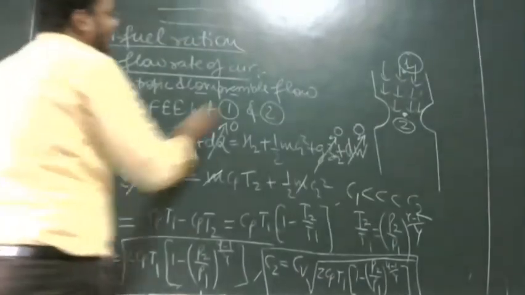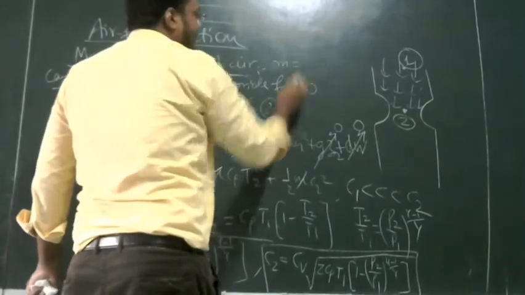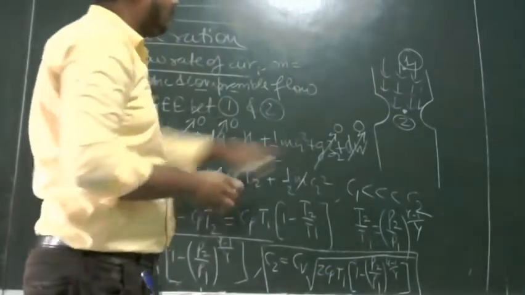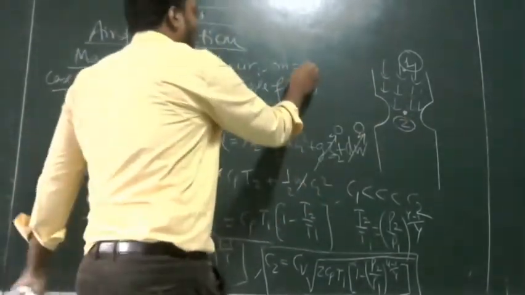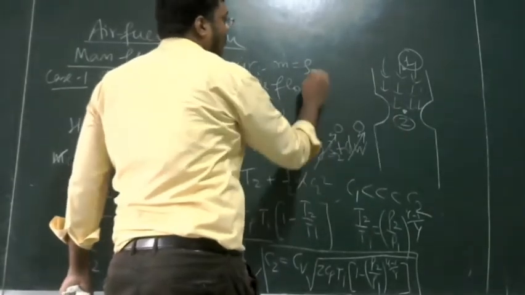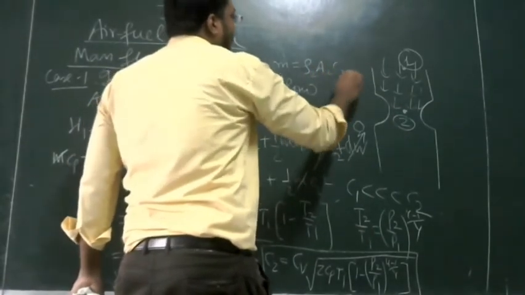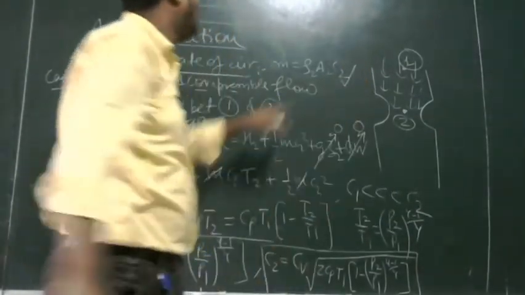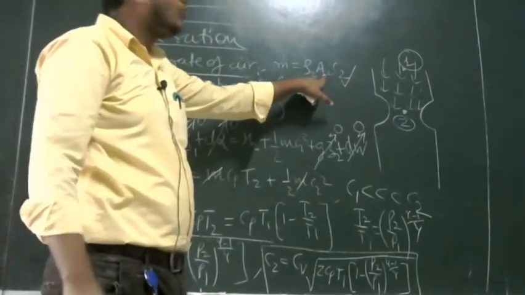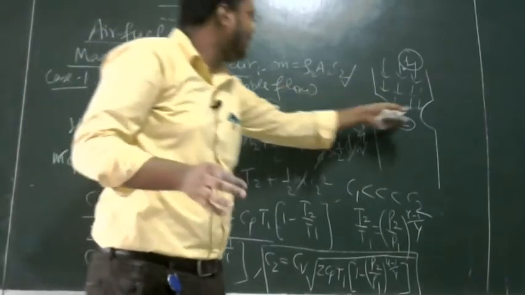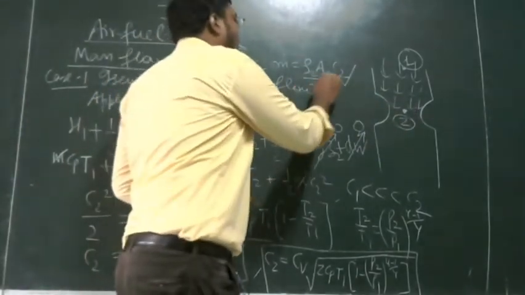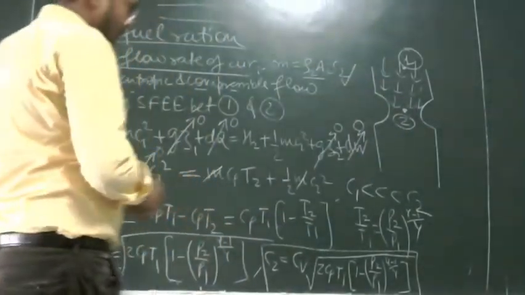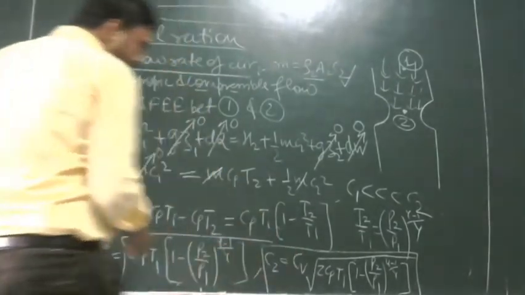Now, as I said, mass flow rate m dot, if you want to find the mass flow rate at point 2, then this will become equal to rho 2 A2 C2, because we are calculating at point 2. So now we got the value of C2. Now we just need to find the value of rho 2 and A2. A2 we need not find because A2 is simply area, but rho 2 we have to calculate in terms of rho 1. Okay. So this is the value of C2.